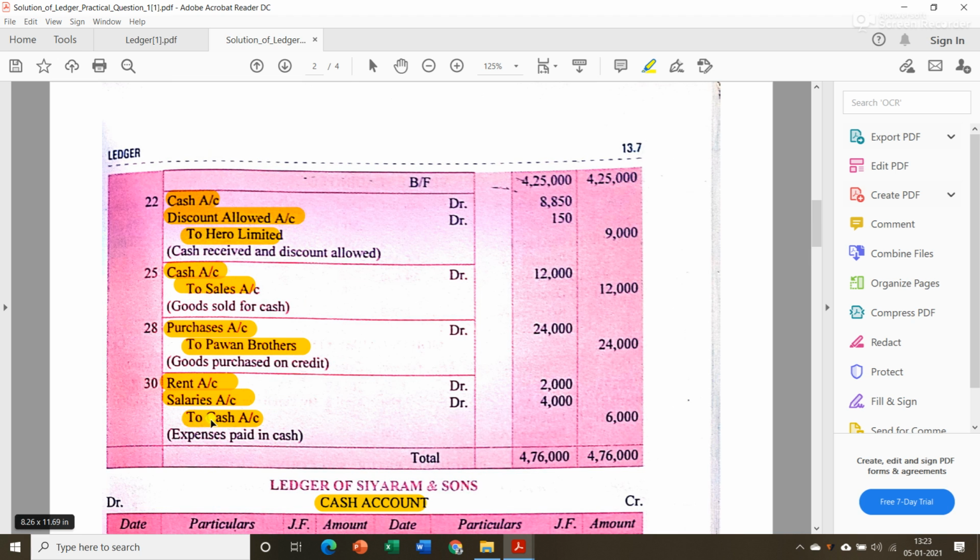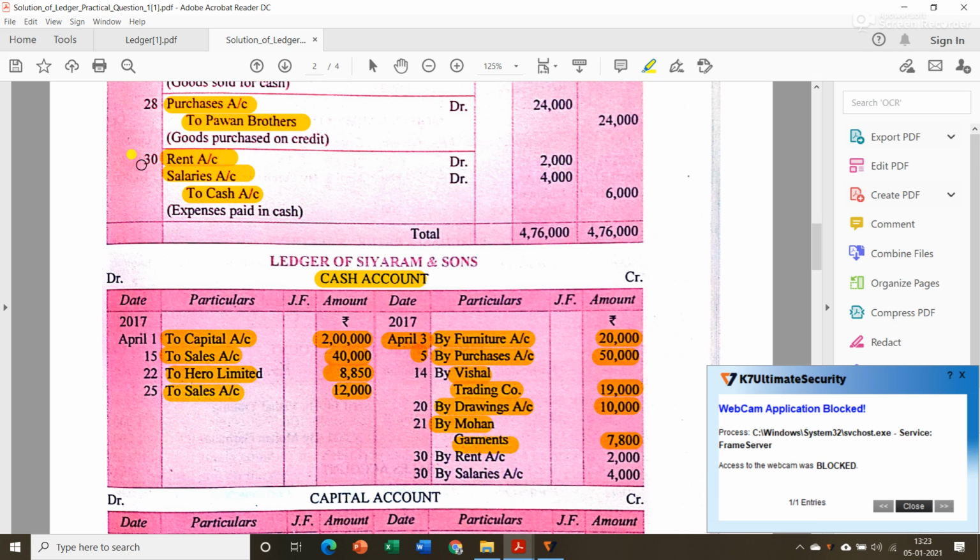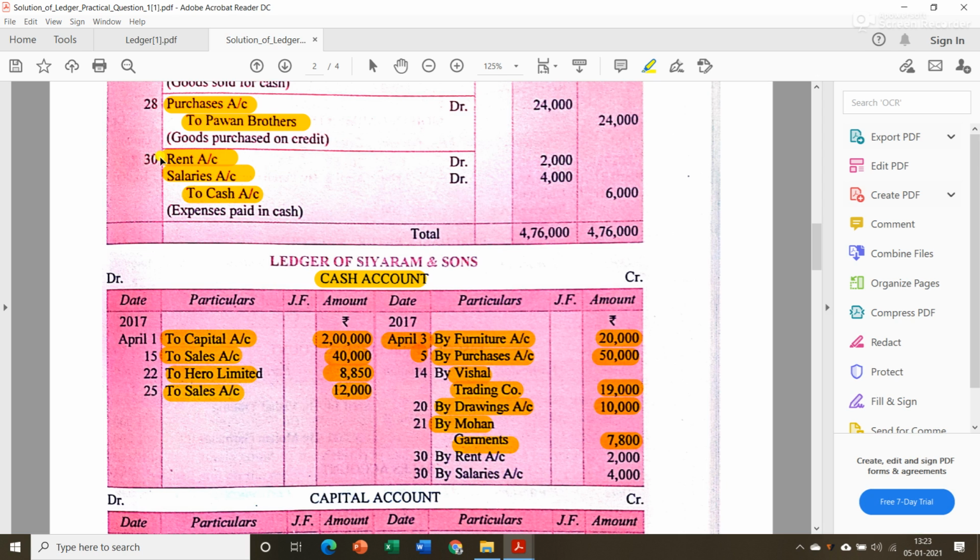Then at last we have cash account, which we already have, and cash account is credited. So on the debit side we simply put "by" in front of rent and salaries, and on the credit side we write by rent account, by salaries account, 2,000 and 4,000 respectively. So this is how you prepare ledger. Unless you have a proper idea of how to pass journal entries, you will not be able to post to the ledger as well. So it's better if you understand properly how to pass journal entries, and then your ledger preparation will be